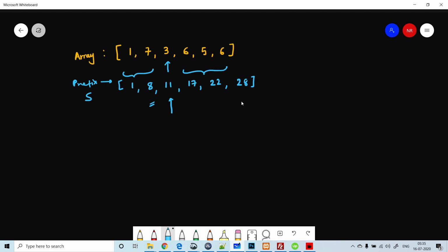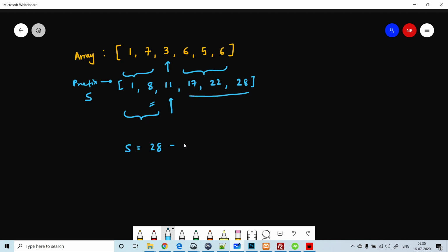Okay, now how to calculate on the right hand side? So you have a total sum, let's say s is equal to 28. You know your left hand side sum, so you will subtract this portion. Ultimately we are interested in finding this portion's sum.